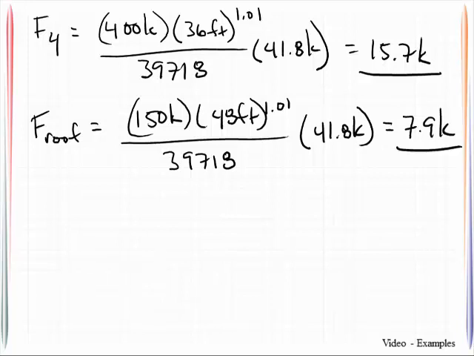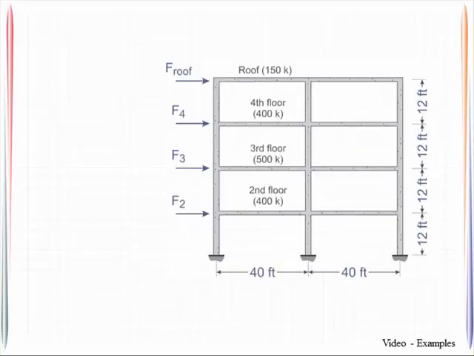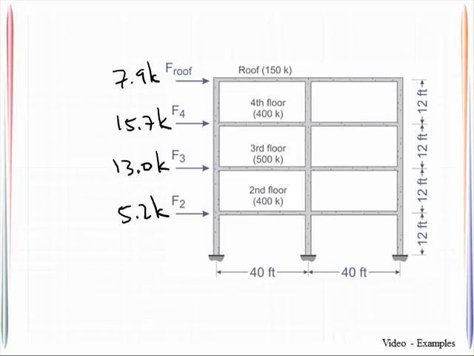So those are the story forces, and we can go ahead and even write those on here if we would like. So this is 7.9, this is 15.7, 13.0, and 5.2 kips. And that had better equal the total base shear, which is 41.8